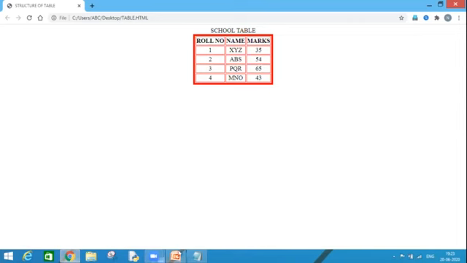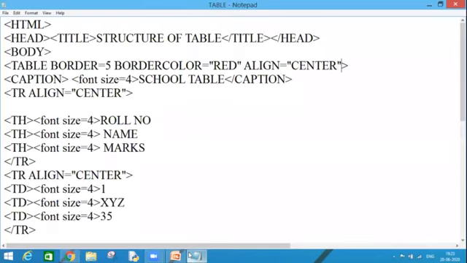Now let's come back. I want to assign a BG color to my table. Now do remember, because I'm using this BG color attribute inside the table tag, the background color of my web page will not change, but instead only the table's background color will be changed.